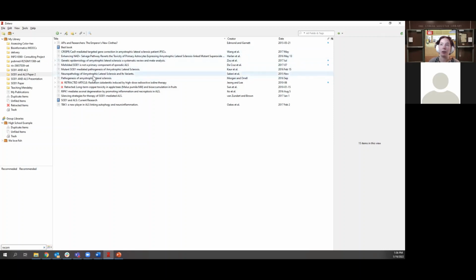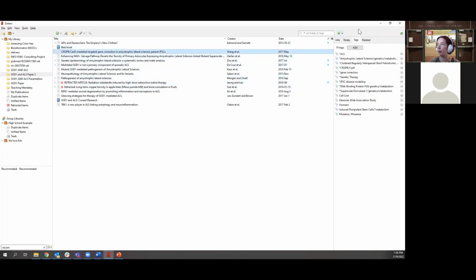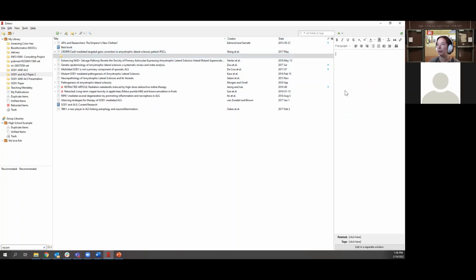as far as I know, Zotero does have a notes feature, which by clicking on an article, you might have noticed when I was putting in tags, it has a notes feature here that you can add notes to that citation. And you can do all sorts of text editing to those types of notes. I'm just going to type a great article. But in terms of marking up the PDF and